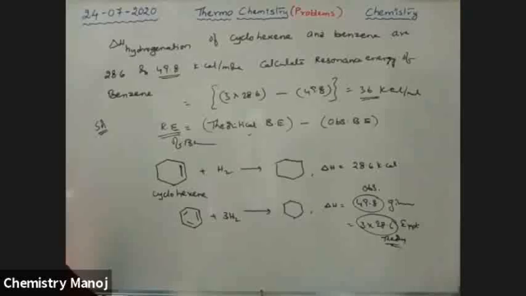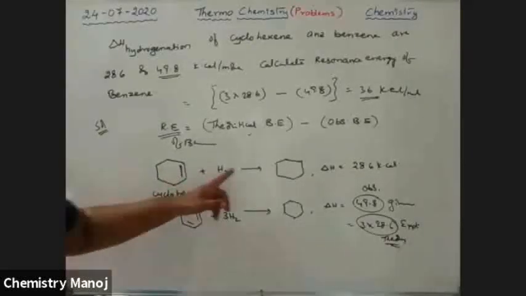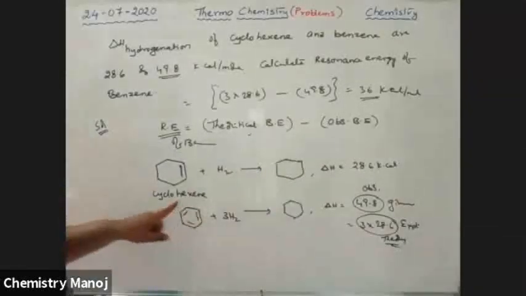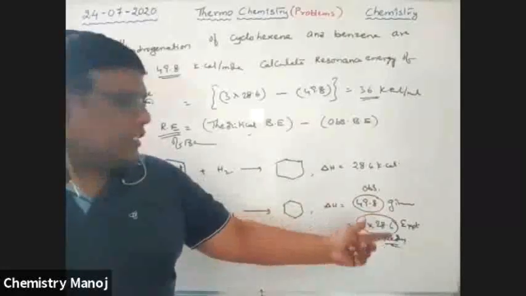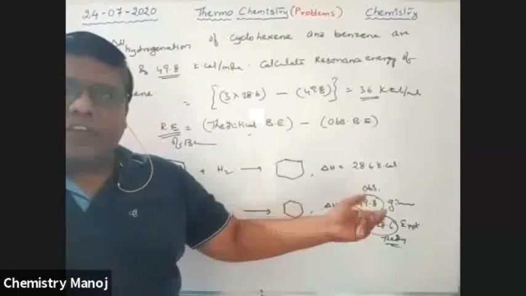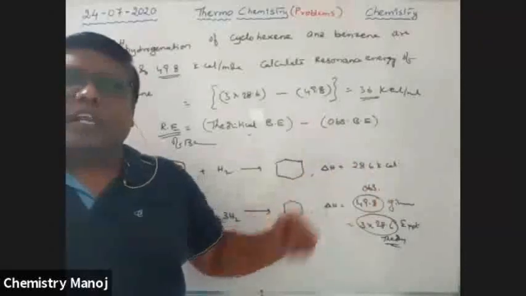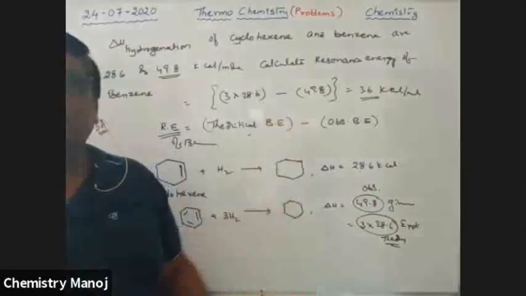Okay, so very important. Actually, for one double bond hydrogenation, this much is required. For 3 double bonds, 3 times that is required, but actually this much is there. So this is expected, this is the original energy. The difference of those two values is the resonance energy. So resonance energy is a difference value.